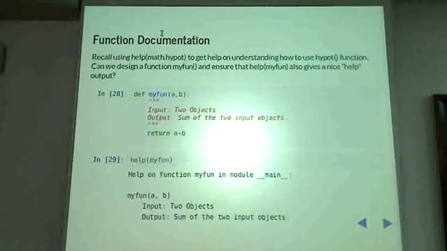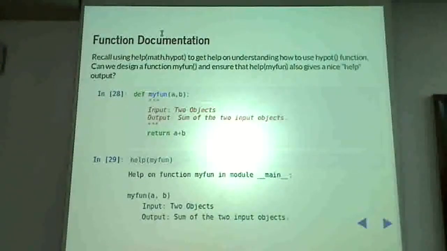Okay, let's now learn to document our functions. You recollect that I had shown you the help statement which accepted a function and told you what that function does. So if I needed help on math.ceil, for example, I would say help of math.ceil. Now when you are writing your own functions, you want users of your functions to also get such documentation. So the way that's achieved is when you declare the function, the very first line after the header should be this text within this triple quoted string that we saw in our first class. So this is called a doc string, a documentation string.